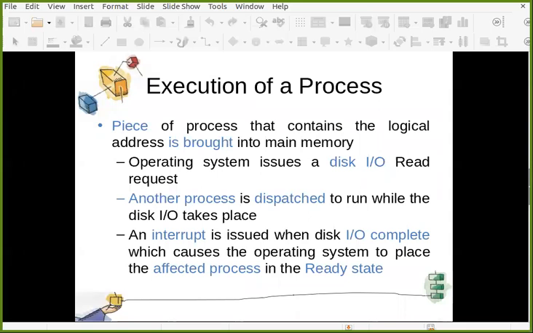Whenever your process is executing, it is not required to keep the whole process in main memory. And that is the bottom line of the slides that we have already discussed today. If your process tries to refer to some instruction or data area which is not there in the main memory, in the resident set, then the process will be blocked, the OS will perform some disk IO, and finally that portion of your process will be brought into the main memory. Though it looks simple here, it is not that simple. Internally, it is a very complicated process.